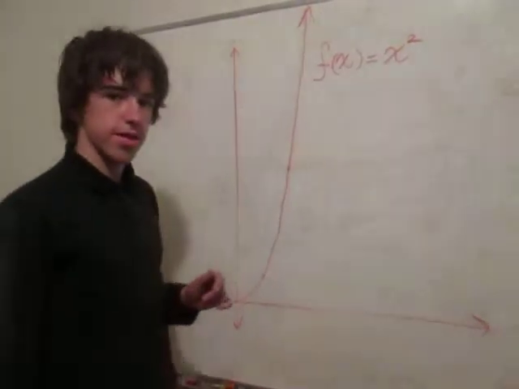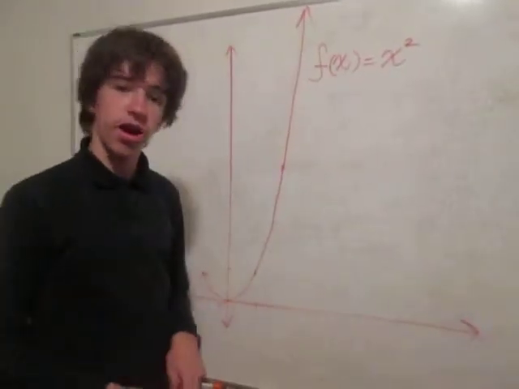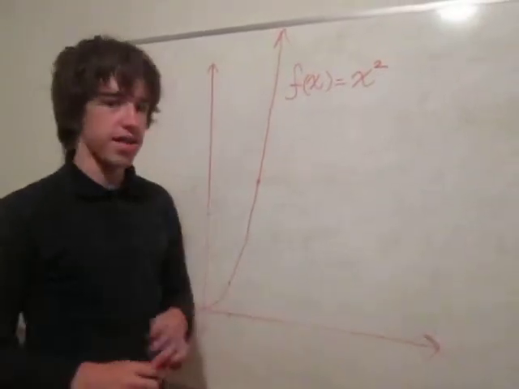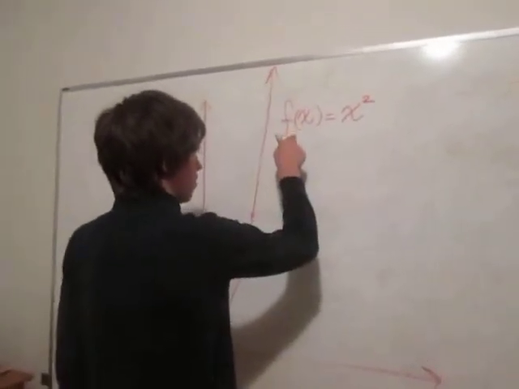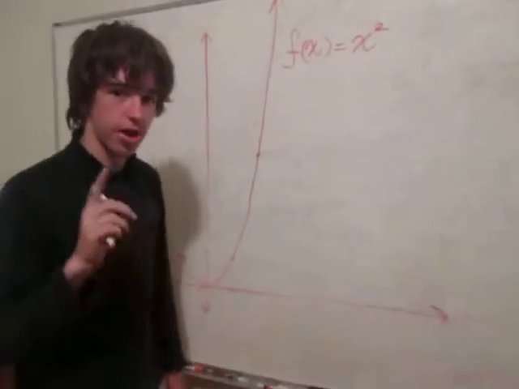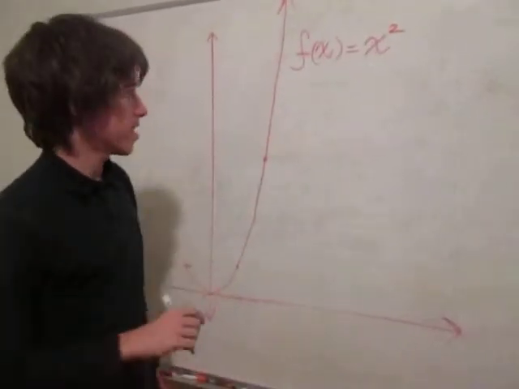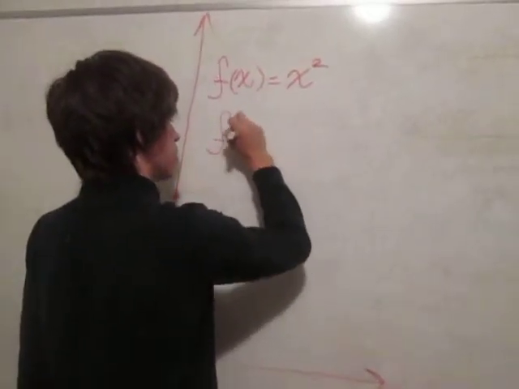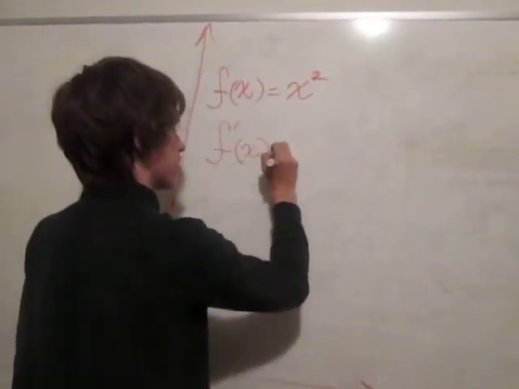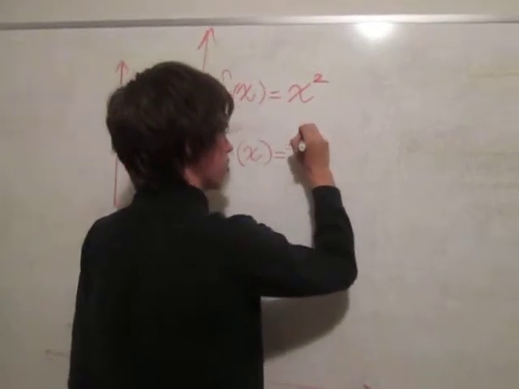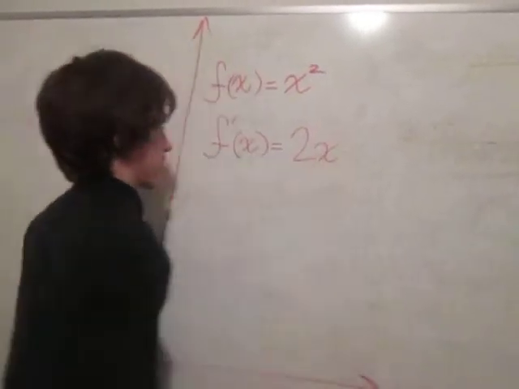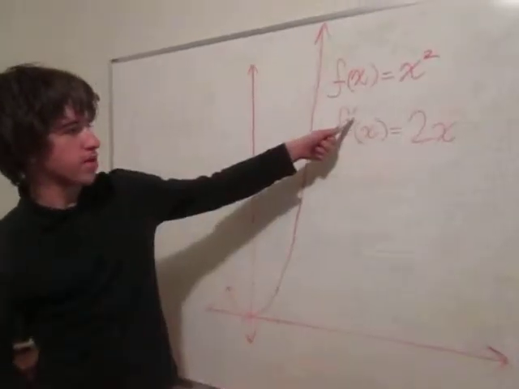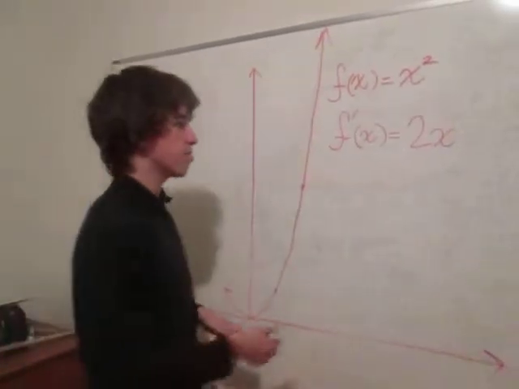And we found, if you haven't seen my other video on an introduction to derivatives, watch that, the derivative of f of x, which I'm going to introduce now with some notation, f prime of x, was equal to 2 times x. And what does that mean? That means we found the slope. This means the slope. This can also be,